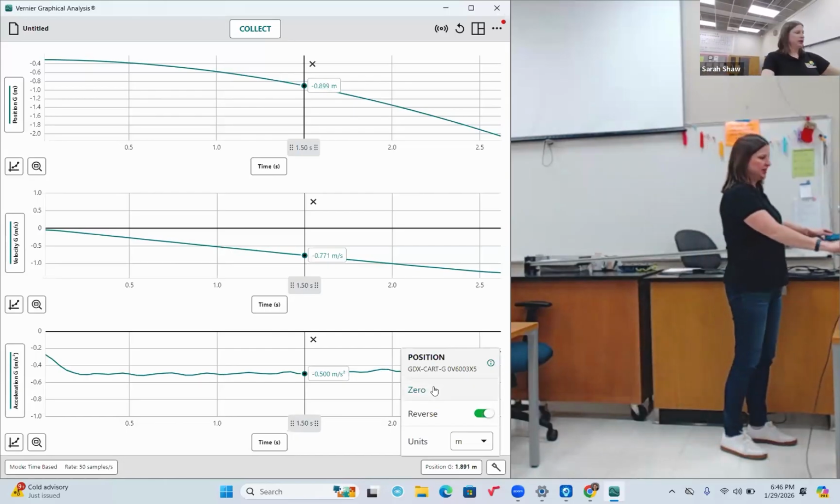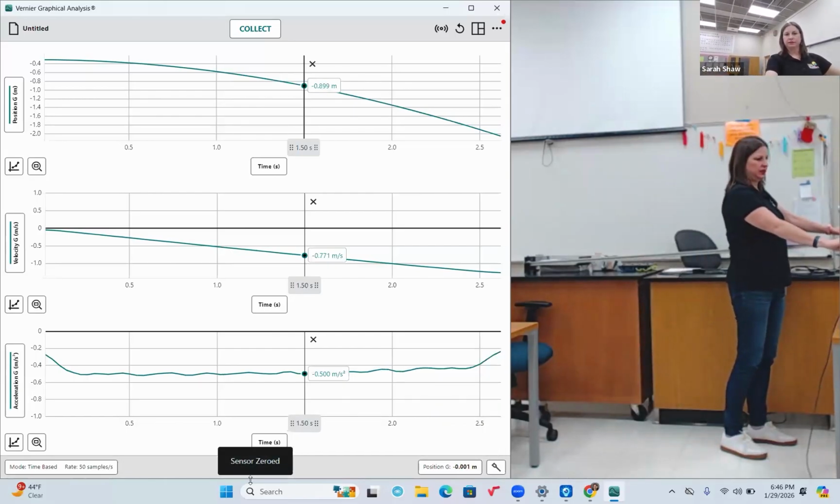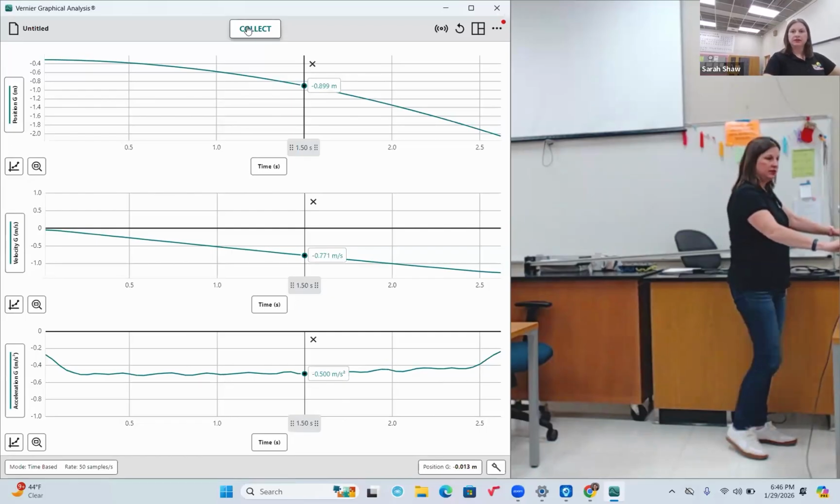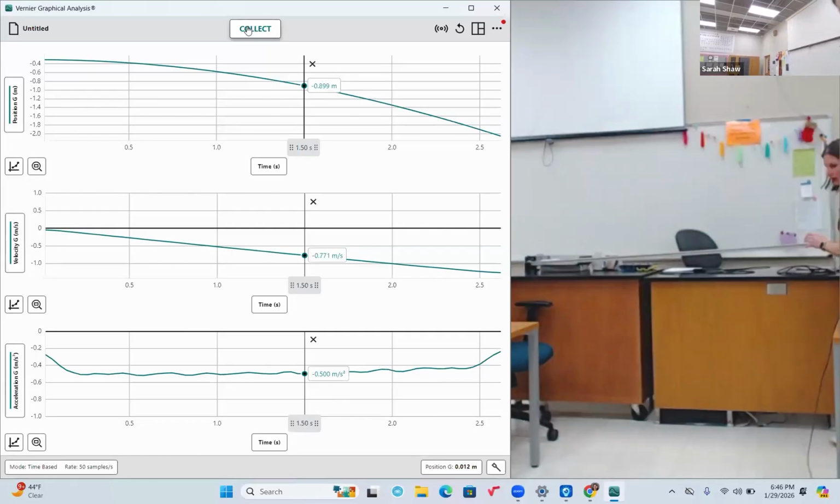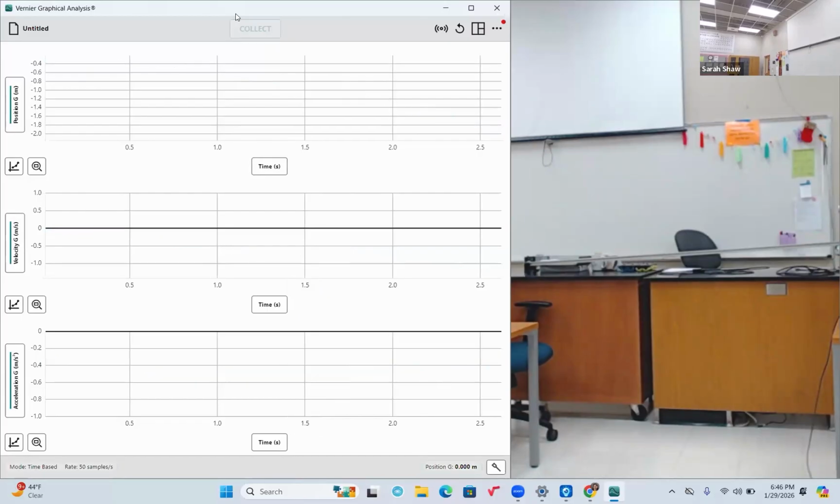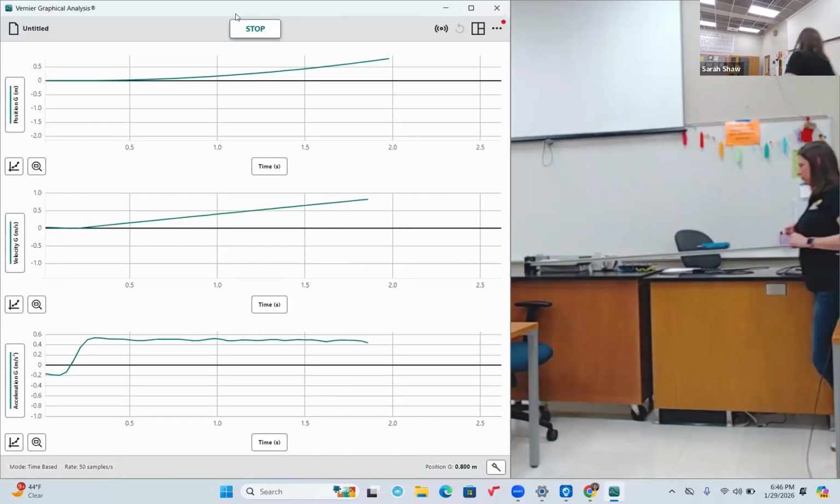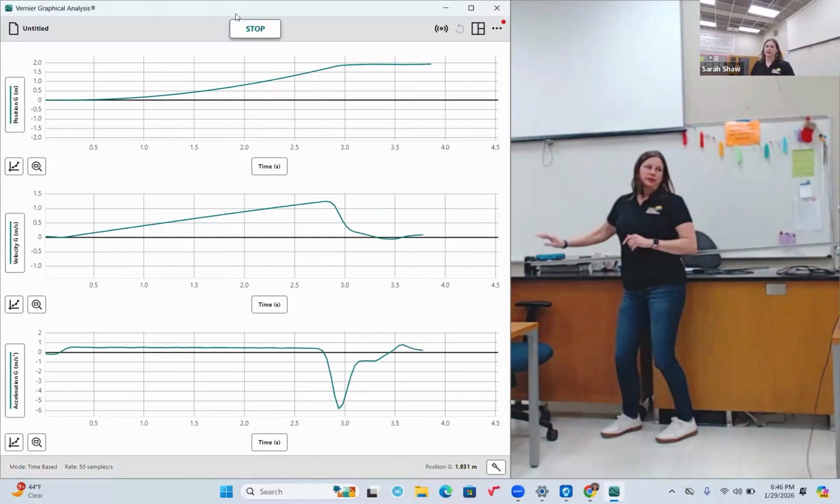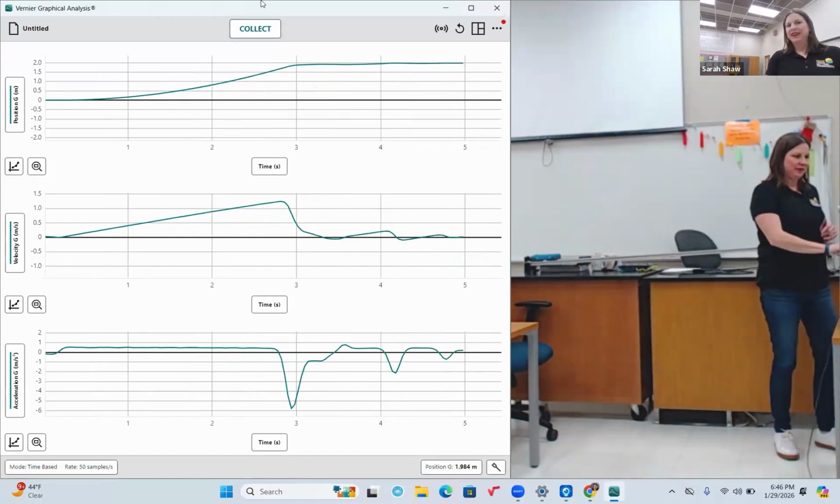And I am going to zero it. I'm going to say, okay, this is now 0. And collect the data. I'll move out of the way so y'all can actually see it. Maybe I'll just chase it. Decide to catch that one. And again,